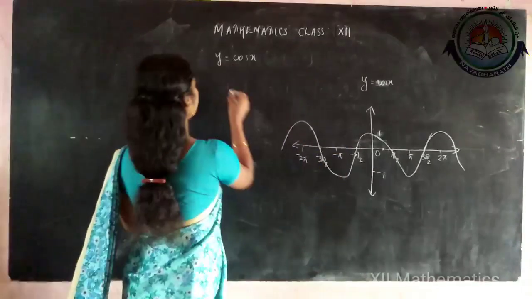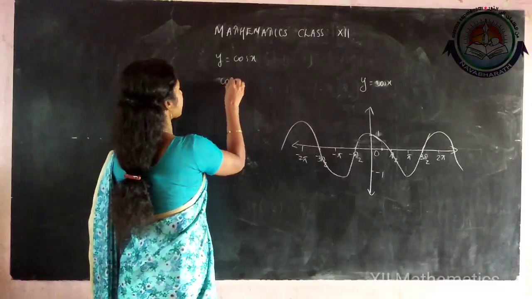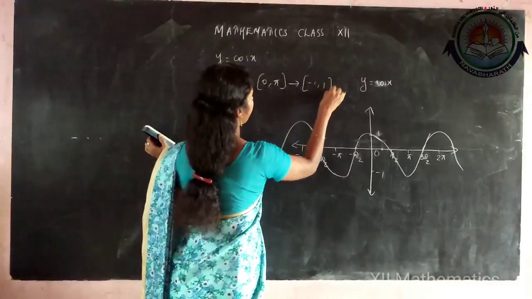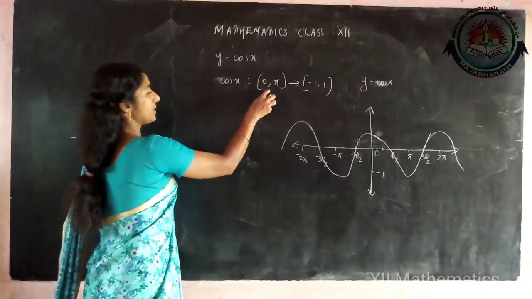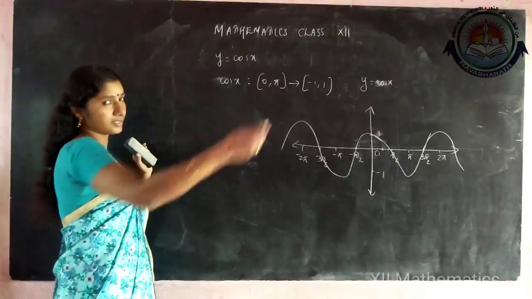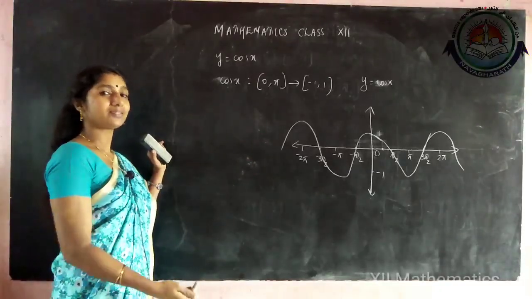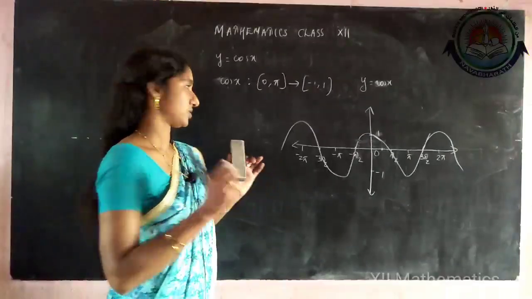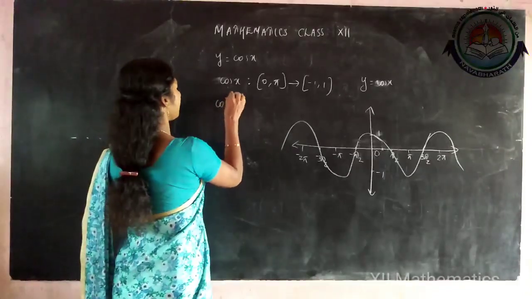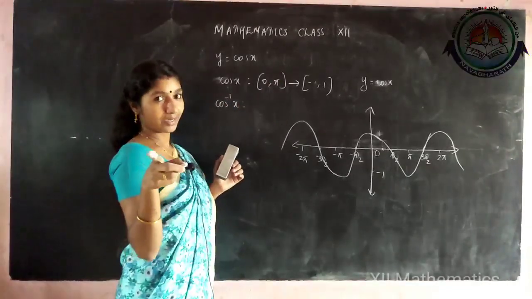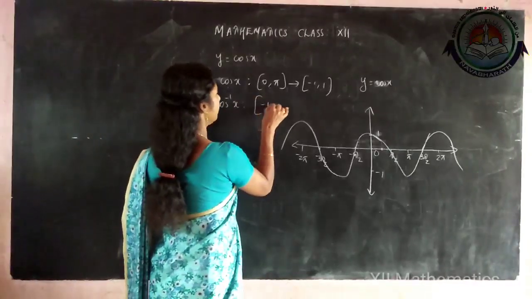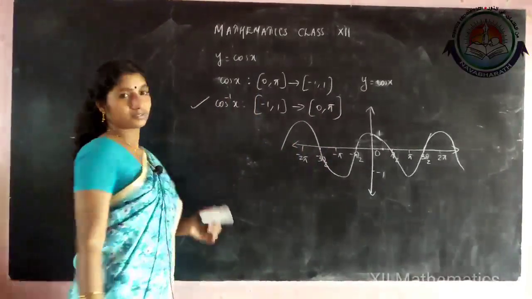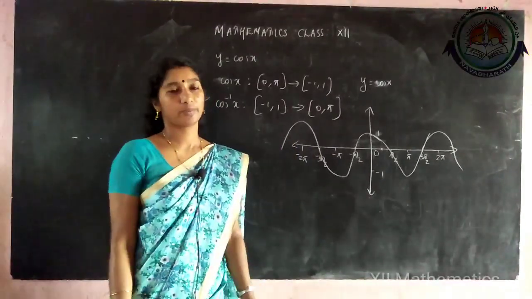Among that, the interval 0 to pi, means cos x we will define from 0 to pi to minus 1 to 1. Now we will take this as the principal value branch. Many branches are there to make the same situation, but among those, one interval, one branch we are taking as the principal value branch. Then we can define cos inverse of x. Now it is a 1-1 onto bijective function. Cos inverse of x from minus 1 to 1 to 0 to pi. See, very important: cos inverse is defined from minus 1 to 1 to 0 to pi.